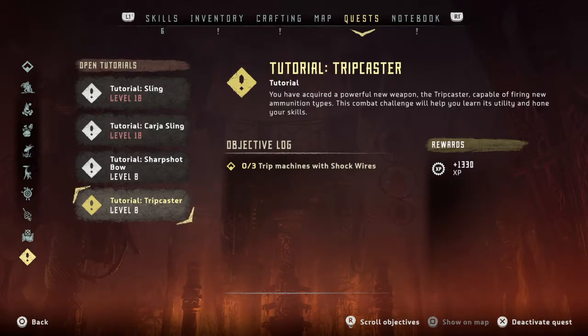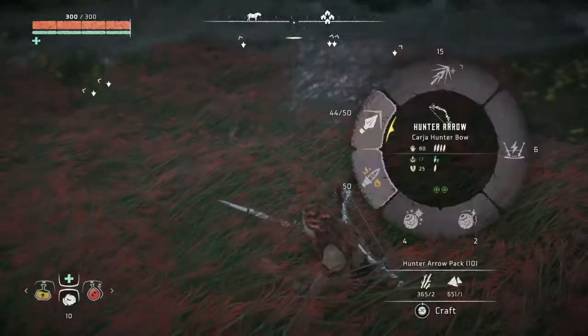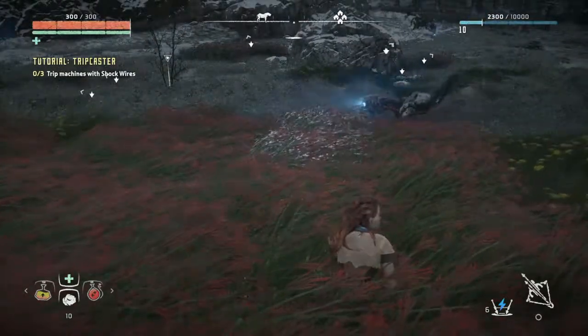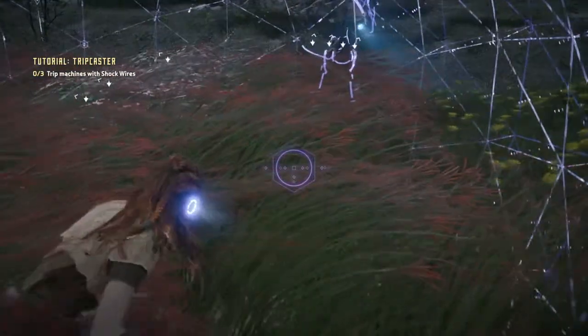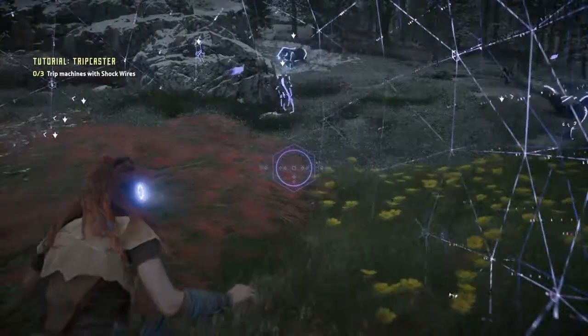Let's activate the quest. Tripcaster, let's do this Tripcaster: trip machines with shock wires. Okay, let's do that first. Since we are here, we can study the pattern. Holding L1, that is not our Sharpshot, that is our shock wire. By this, we know its pattern of movement, so we can shock it later. So that is where its path was. It's been walking like that, right? So by arming that, we can now...